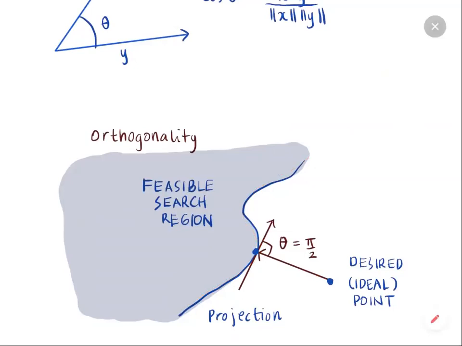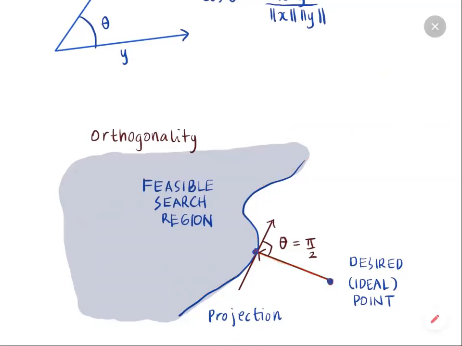And in the situation where the ideal point lies outside the feasible search region, then what we want to do is determine the point in the feasible region that is closest to the